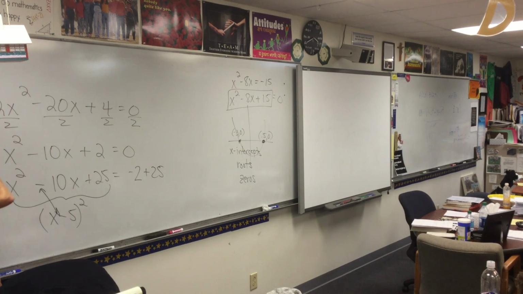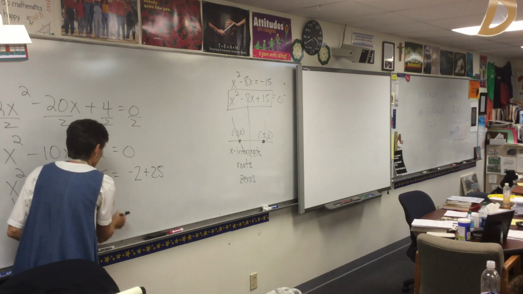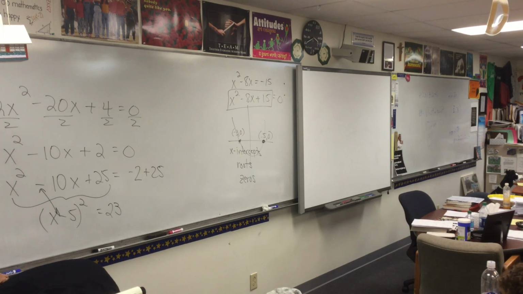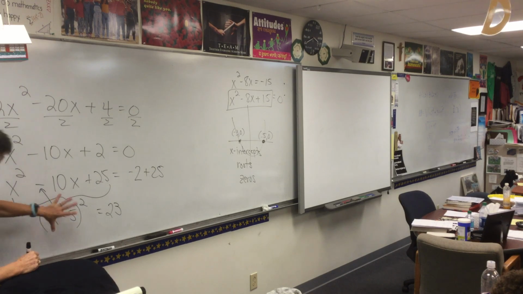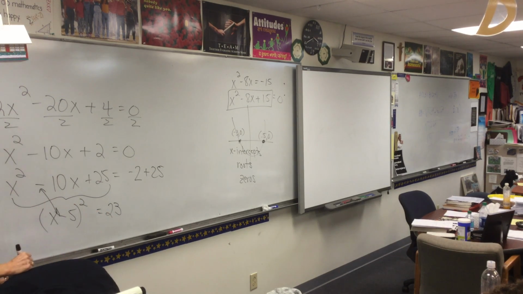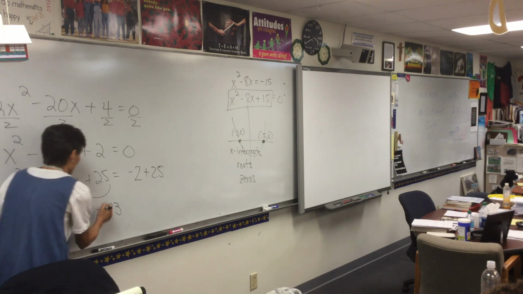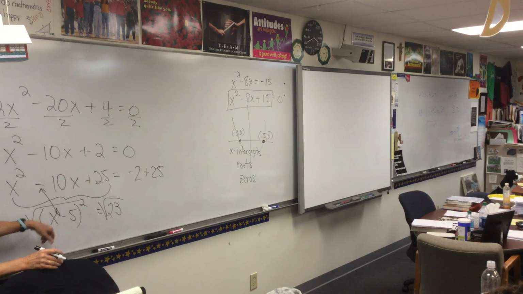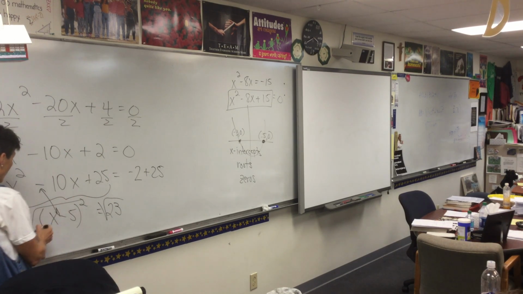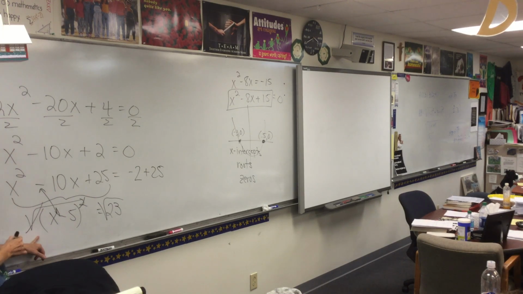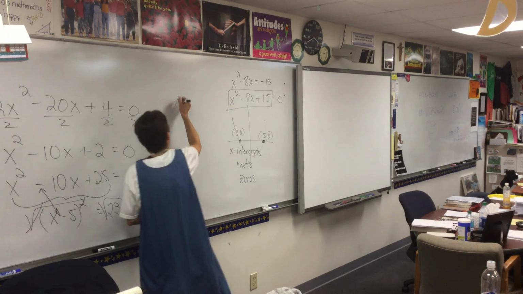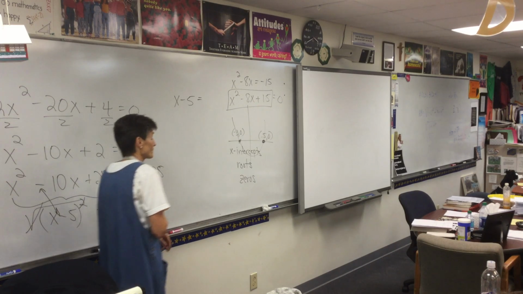So x minus 5 squared equals 23? Yeah. Alright, now Schlebecker, you remember what we do next? We've got this squared thing equal to 23 now. Yep, square root both sides. So we're going to take the square root of both sides. And what always happens when you take the square root of something squared? Cancel. So we have x minus 5 equal to plus or minus